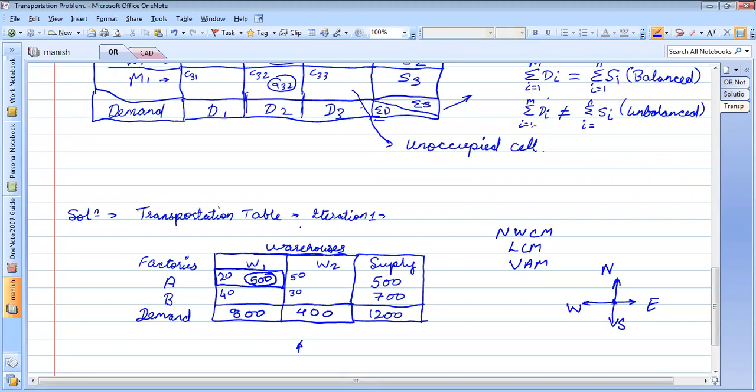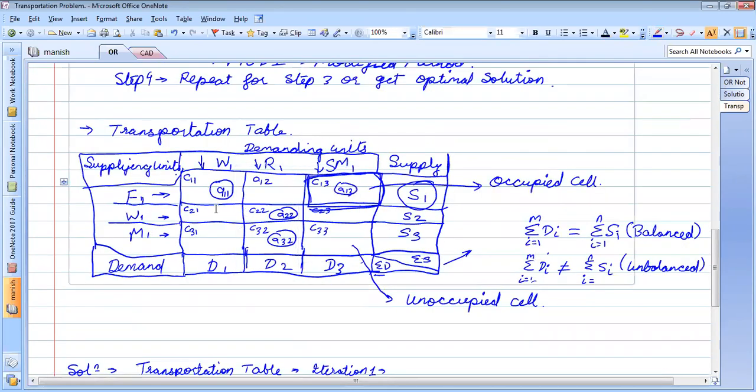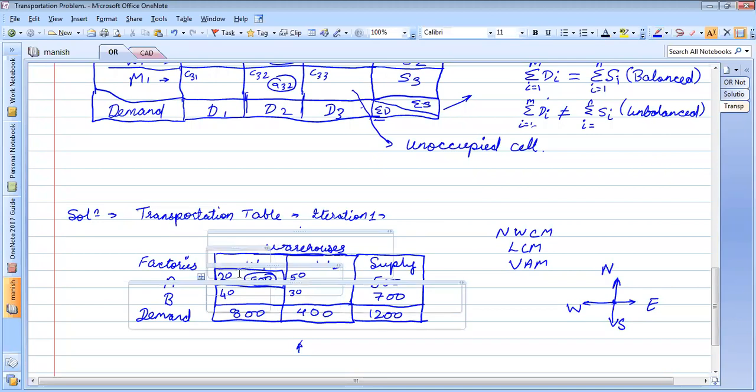Please make sure that whenever you are making an allocation, you make a circle. Here also you see I have made these circles. You don't need to highlight the cell, but you need to highlight the allocation. Once you have made the allocation, at that same instant, you have to reduce that allocation from the supply and from the demand.